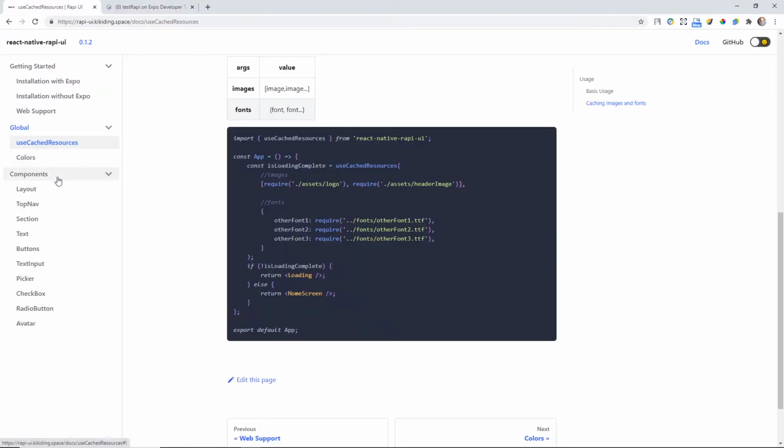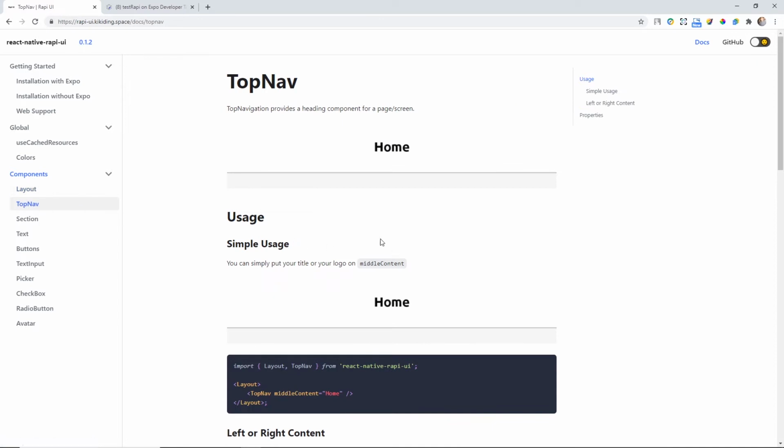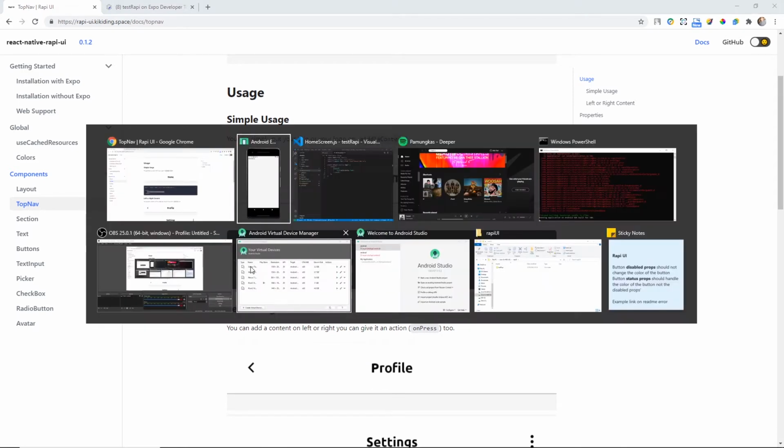The layout component is like the background of your screen, so it should be the top component of the parent component of your screen, wrapping around the top navigation, your content, or other stuff.